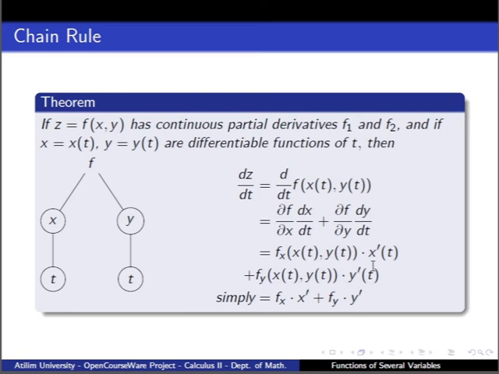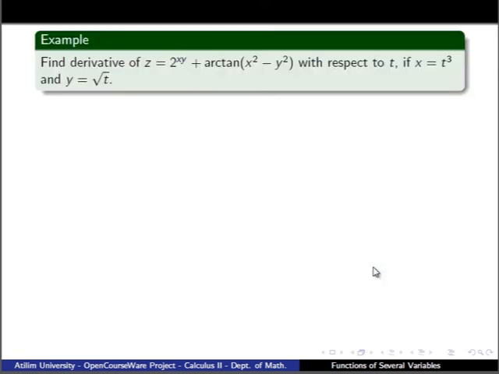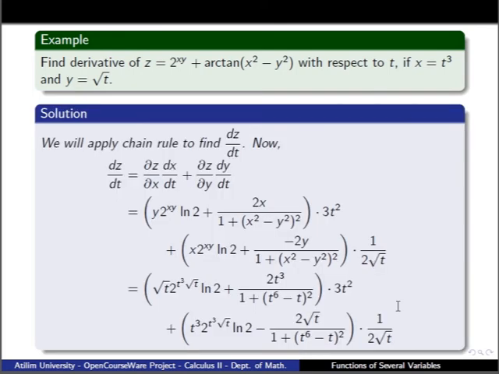which is defined in this form. For example, if we consider this case where z equals 2 to the power xy plus arctangent of x squared minus y squared, and x is a function of t, which is t cubed, and y is a function of t, that is radical t or square root of t. And if we want to find the derivative of z with respect to the variable t, z is a single variable function,